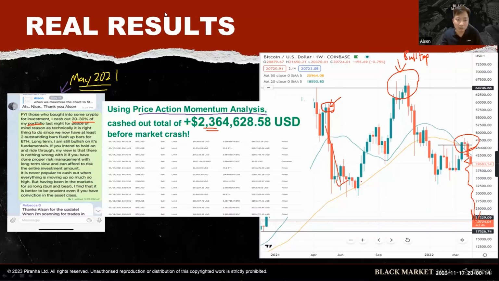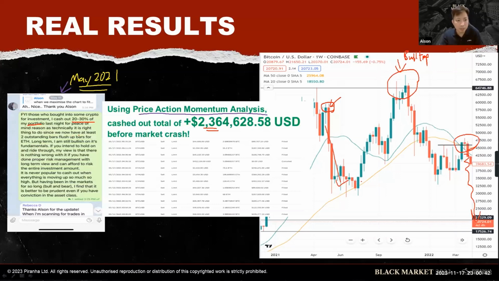Learning this strategy is very important. If I did not know about market manipulation, I would have given back at least $5 million, more than 5 million, okay? And I can't sleep at night if that happened. So this has helped me not just in the last cycle, and it's based on the price action manipulation technique.